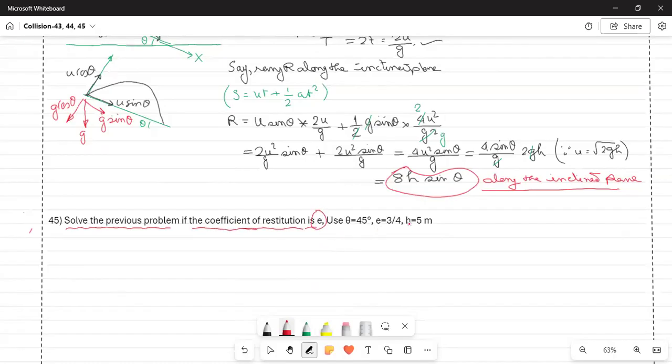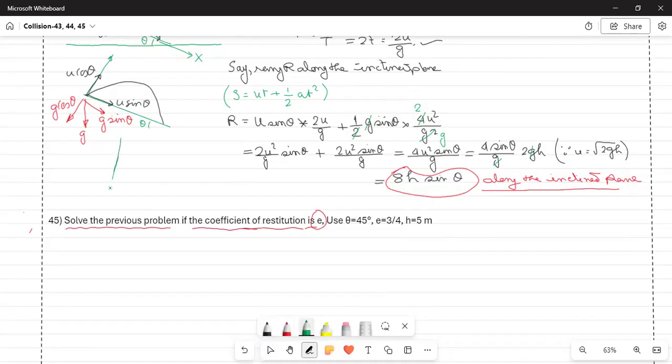Values of theta, e, and H are given. Right? Now, you can see that if there is a coefficient of restitution e, then the only change in this diagram,